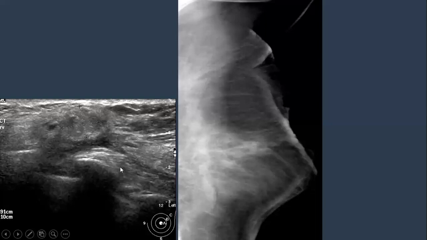Cutting sign, extending toward the skin. But if I look here within the area of asymmetry, the central area is much more lucent. But I cannot guarantee in this case because it was a baseline and I'm not sure, unless correlated with